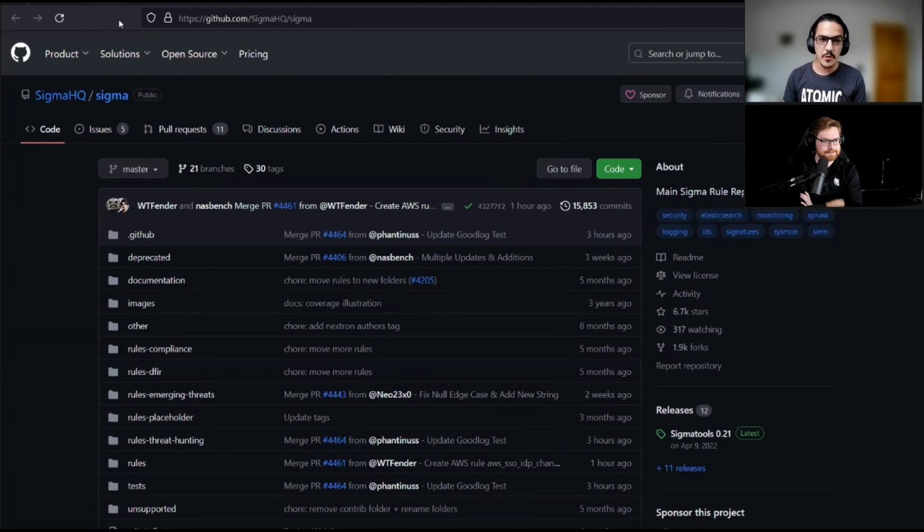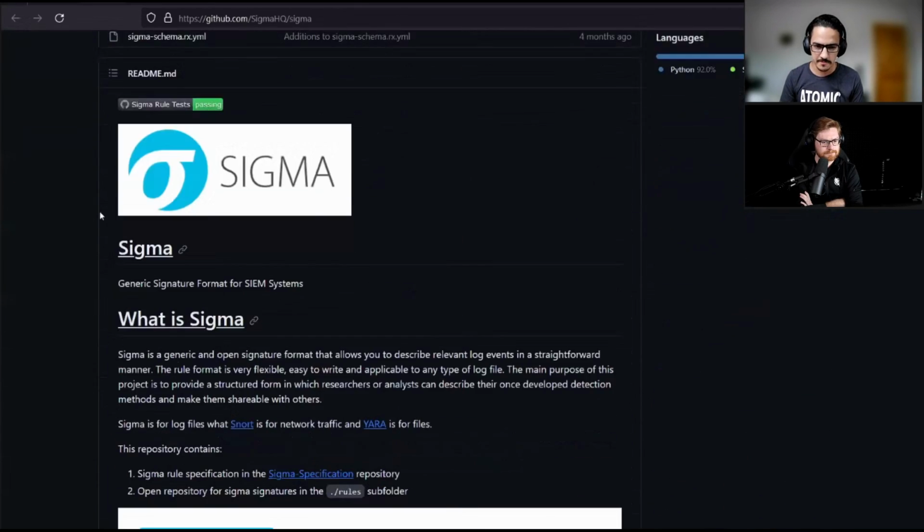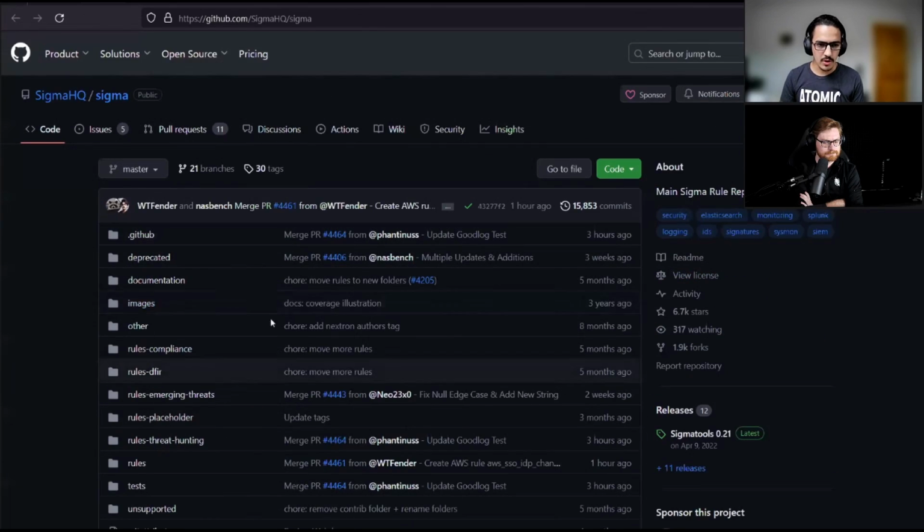When we talk about Sigma, people usually think of the SigmaHQ Sigma main repository, which has all of those juicy detection rules that some people like and most dislike, apparently. Let's not joke around, but Sigma is the main detection repository for rules.